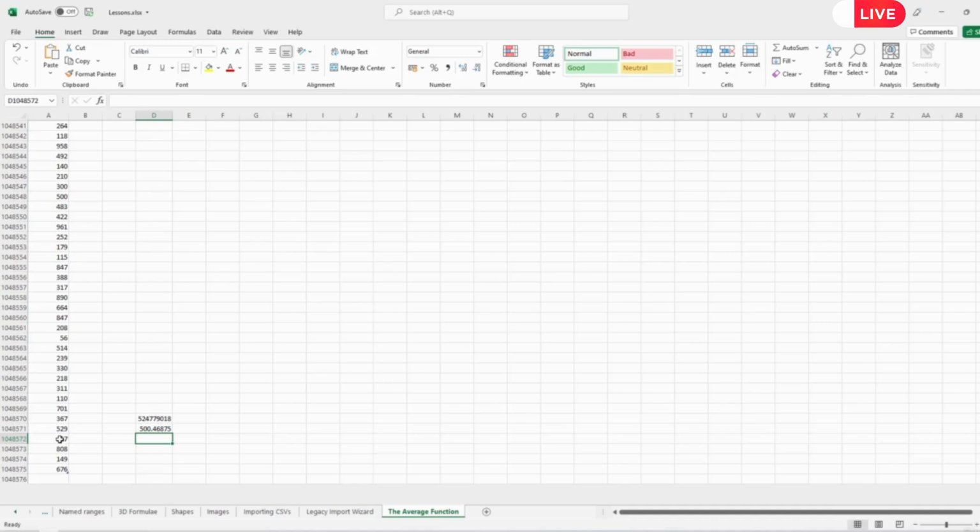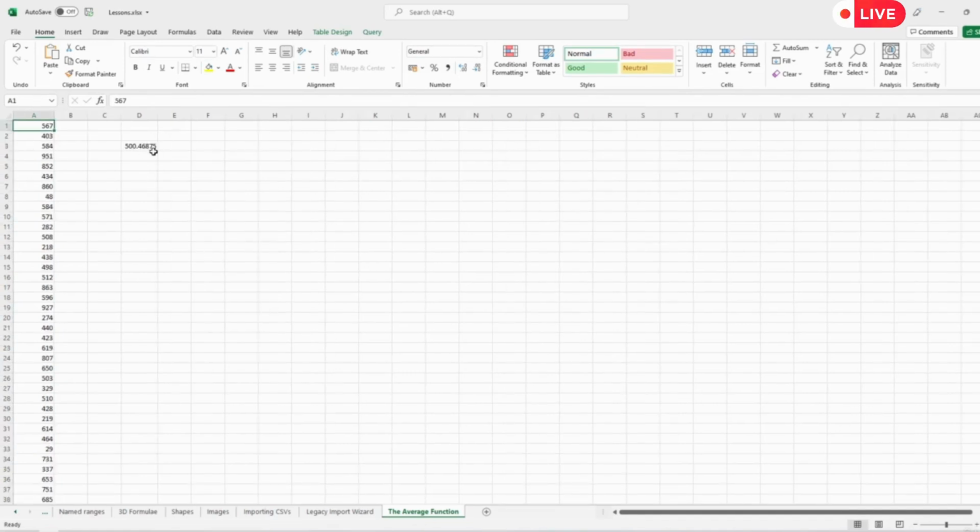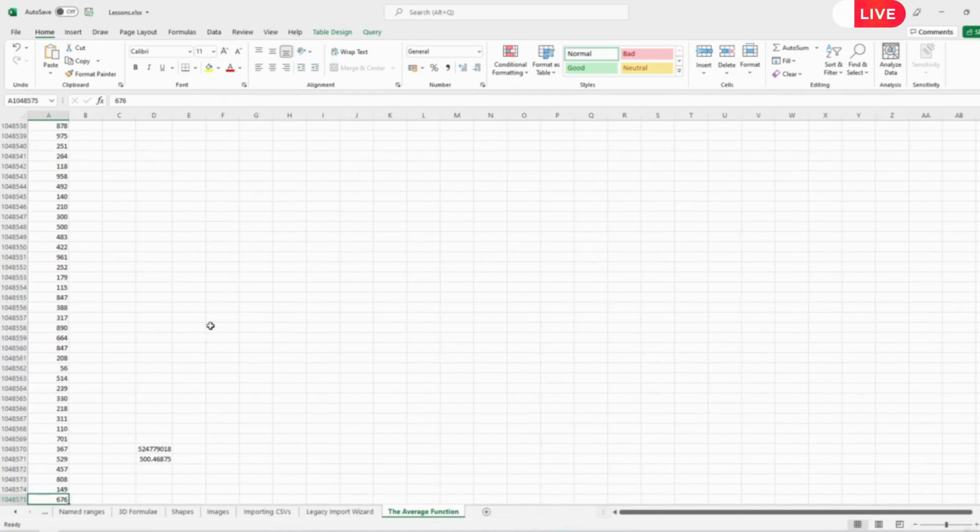Now again, to go to the top, I'm going to click there, control and then the up arrow, but let's just remember 500.46875. Go up to the top, 46875. It's the same number. So all it's doing is doing those 2 steps there, summing up the entire column and